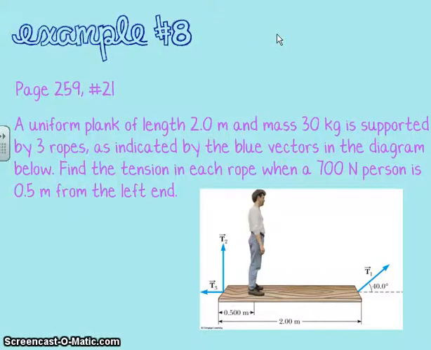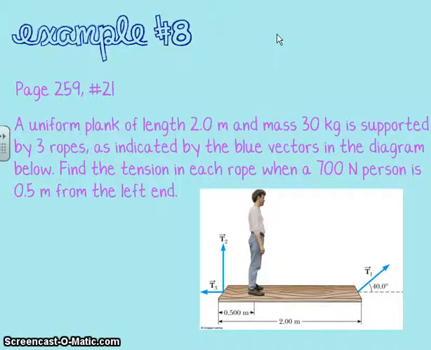This is example 8 on page 259, number 21. We have a uniform plank of length 2 meters and mass 30 kilograms supported by 3 ropes. We want to find the tension in each rope when a 700 Newton person is 0.5 meters from the left